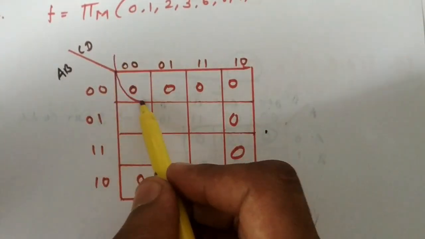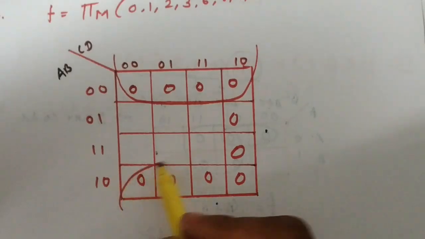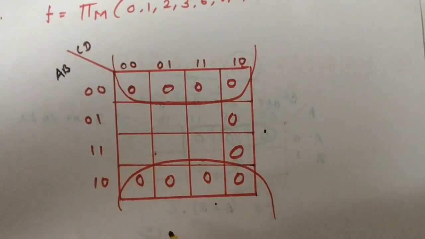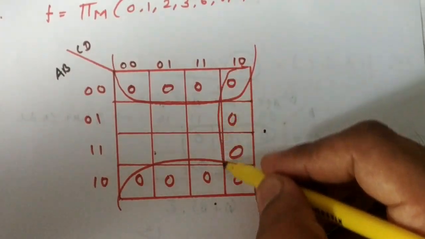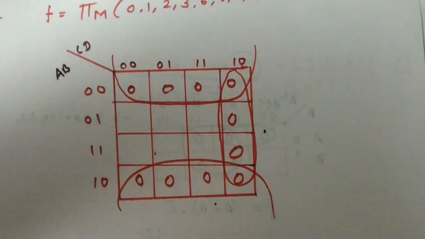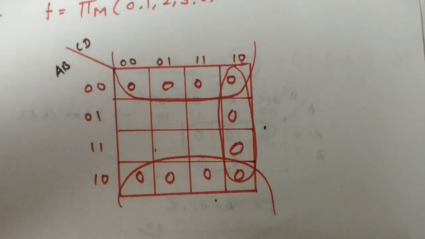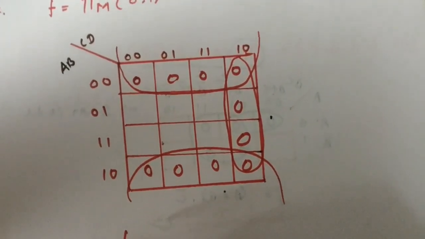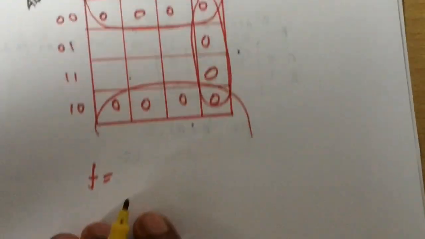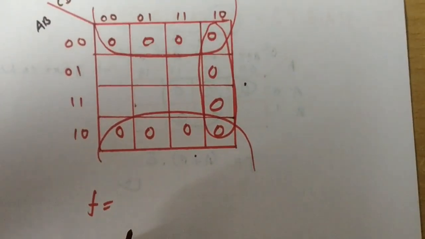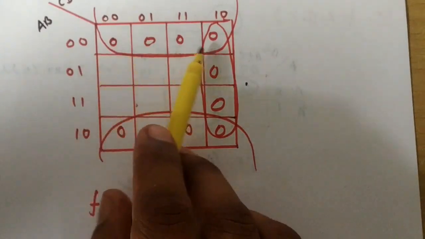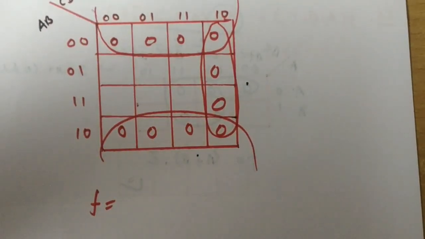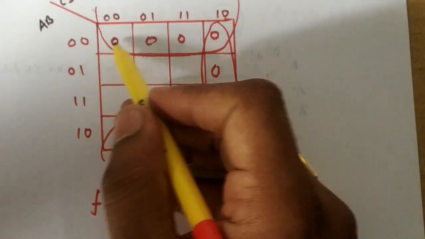So see here, it is possible to make the group of these 8 zeros, and then one group can be possible with these all zeros, right? So only 2 groups will be there, and we know that the number of terms in your equation will be equal to the number of groups, right? So if we want to write the equation for the same, this group is associated with 2 rows, and these 2 rows